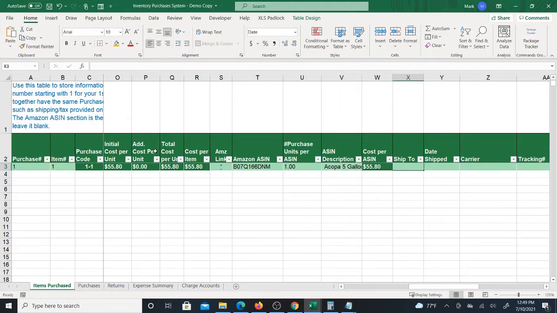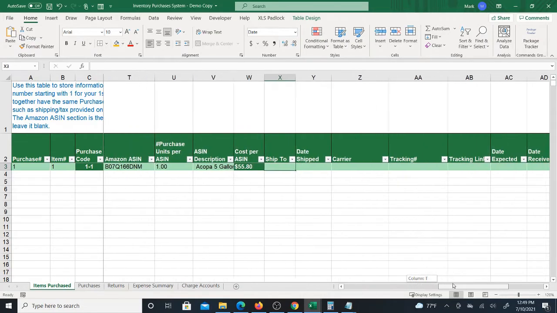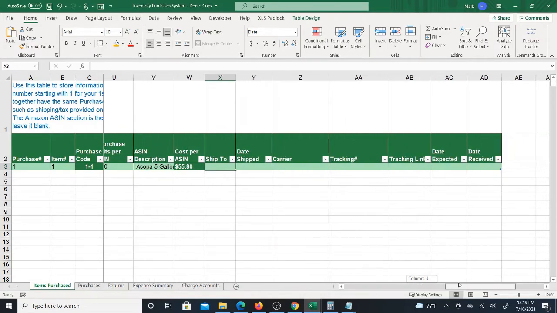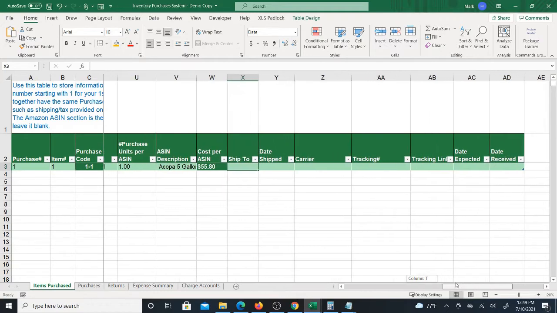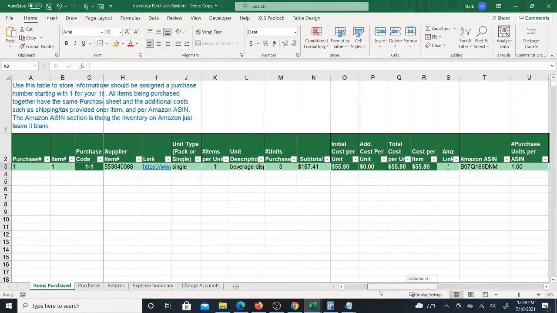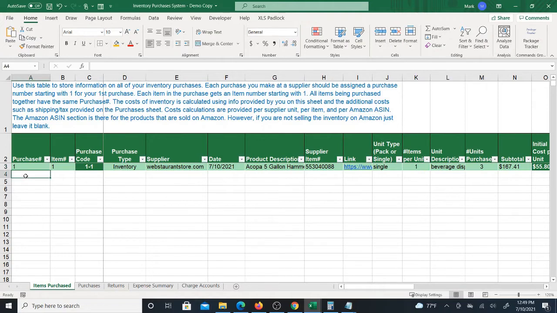Okay, but until we add the shipping and tax. So this part you don't fill in yet. This is like when you get your shipment information, if you want to keep track of the shipment and the tracking of the product. Okay, so really we're done adding this product, and now I'm going to add on the